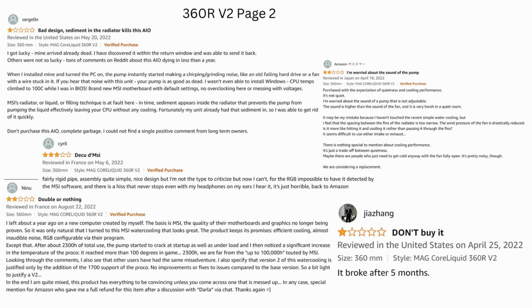Okay, Ninu, double or nothing from France. I left about a year ago on a new computer created by myself. The basis is MSI, the quality of the motherboards and graphics no longer being proven. So it was only natural that I turned to this MSI water cooling that looks great. The product keeps its promises: efficient cooling, almost inaudible noise, RGB configurable via their program. Except that after the 2300th hour of total use,